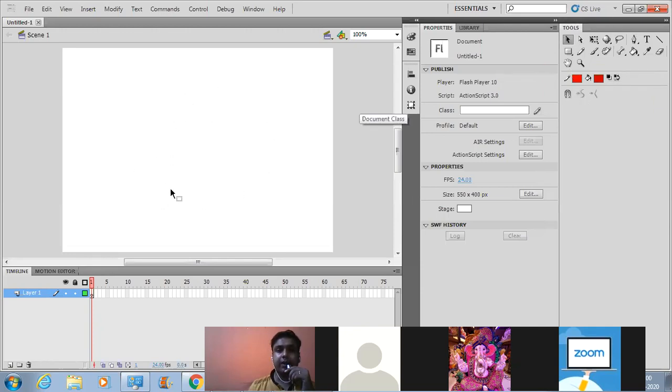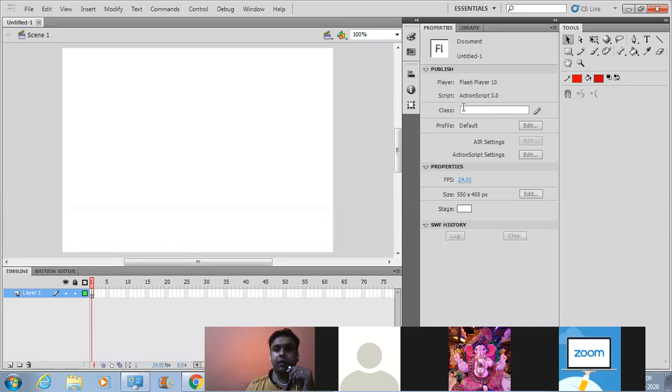With the help of the tools panel, you can draw various kinds of objects on this stage area. We can magnify the objects, and we can fill in different colors in the objects that we draw on the stage area. So these are the various tools in the tools panel, by the help of which we can create the objects and modify them also.